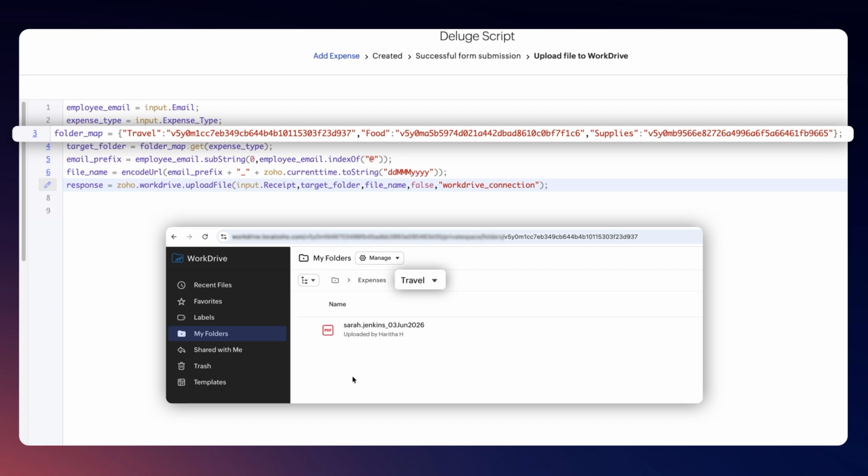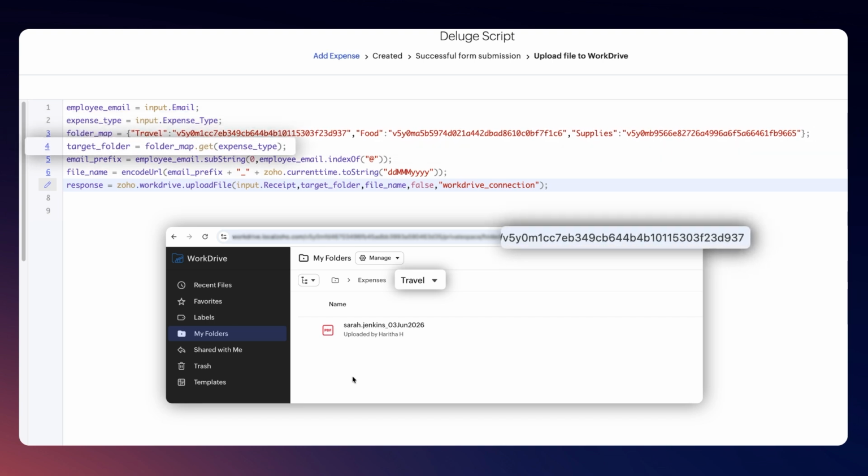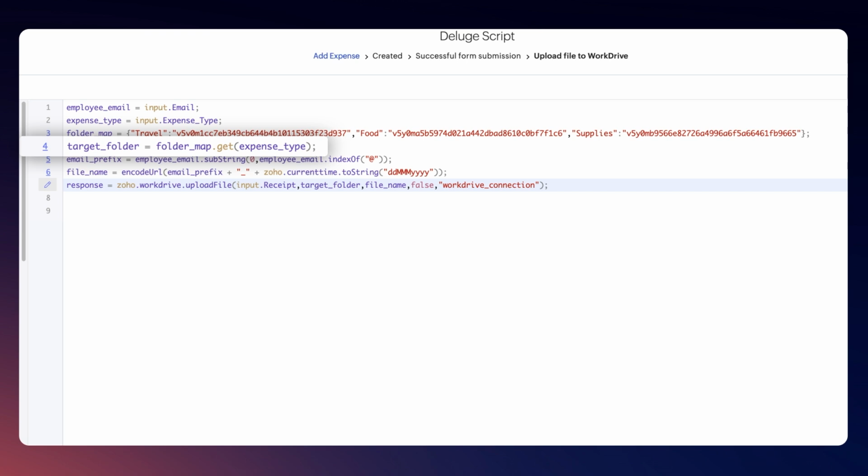The IDs shown against each of the subfolder names are the folder IDs you can get from the WorkDrive URL. Next, define a variable, target folder, to store the correct subfolder ID based on the chosen expense type. The get function retrieves the specific subfolder from the folder map variable based on the expense type chosen by the employee. We want to rename the file based on the employee email and current date before it's uploaded to the